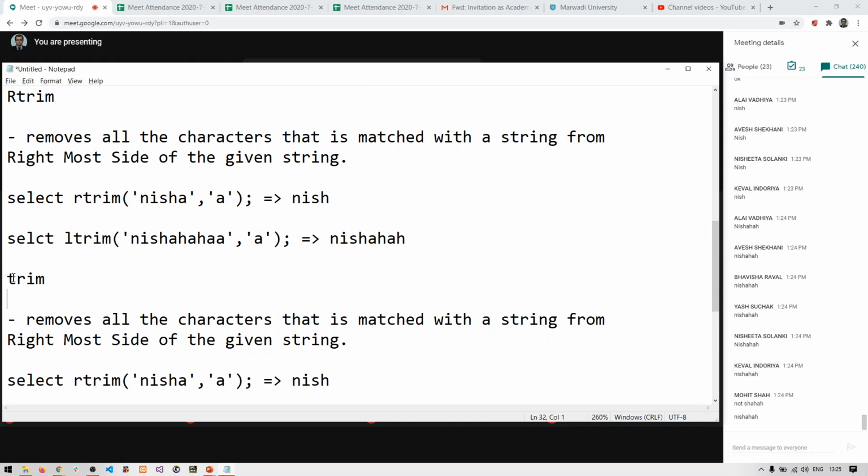Trim means remove all the characters that match with a string from the left and rightmost side of a given string.